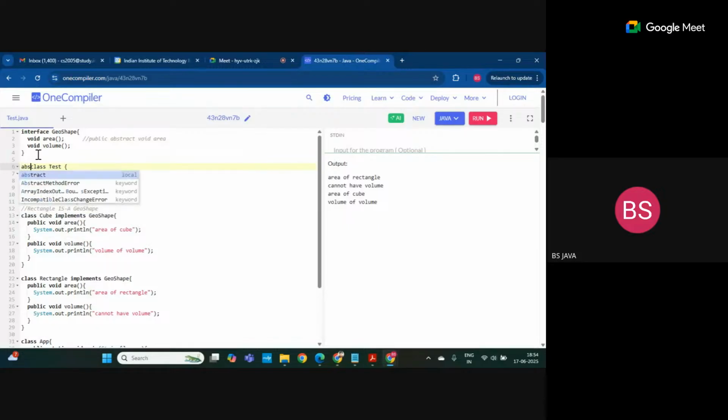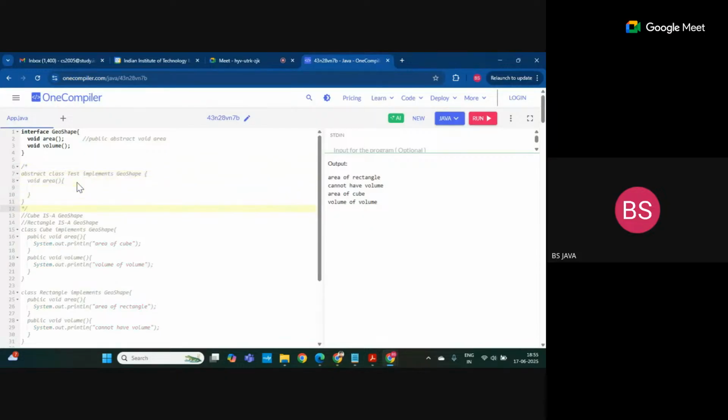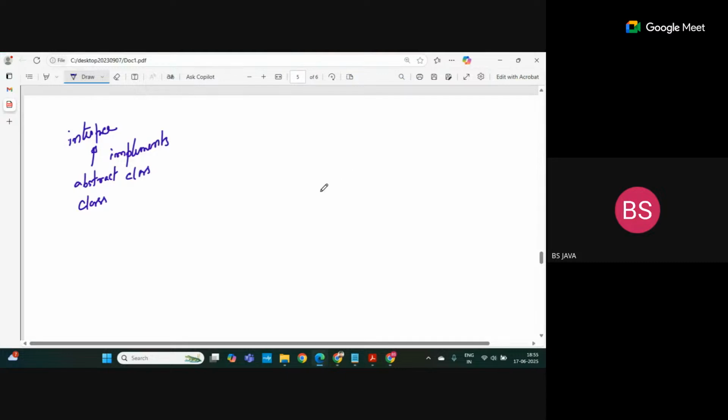But I can keep it as an abstract class and make it implement GeoShape. Because if I make this test an abstract class, then area is implemented, so it becomes a normal method and volume remains an abstract method. Got it? So an abstract class or a normal class can implement an interface,